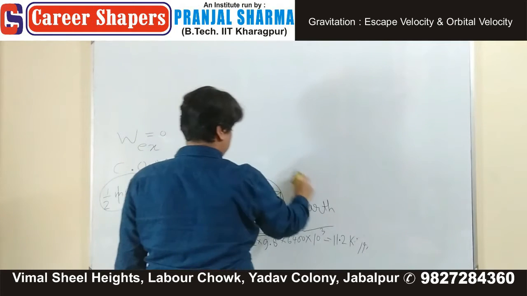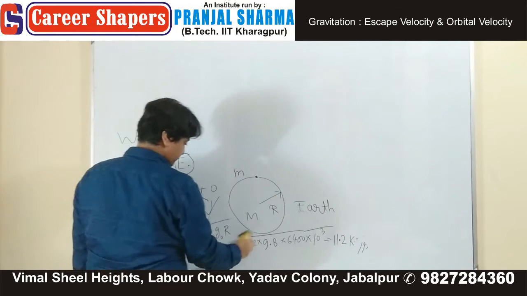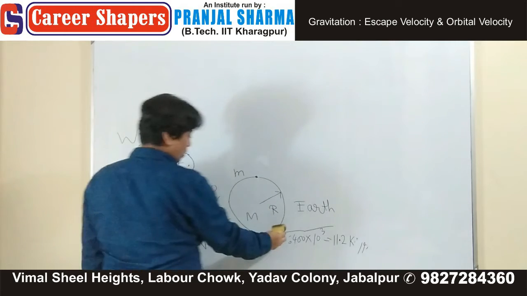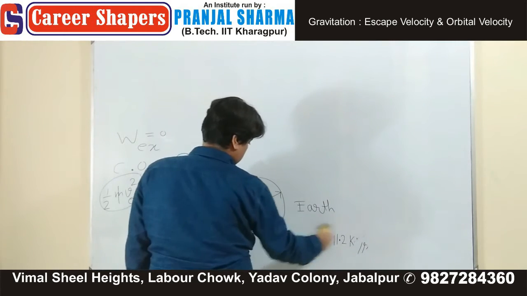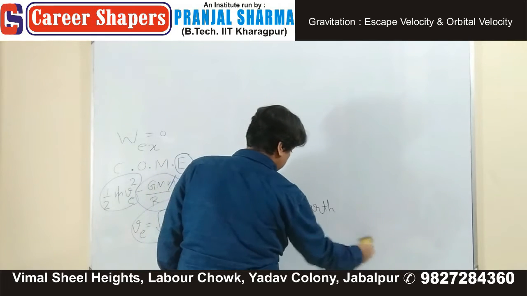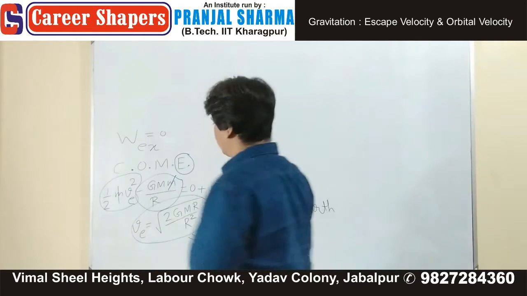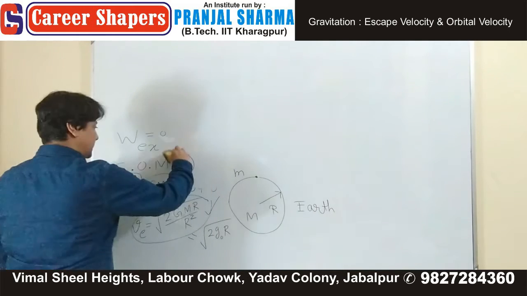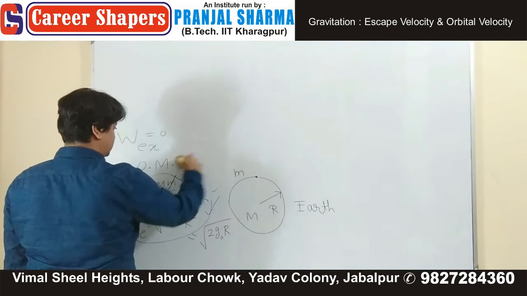This time the object is not reaching infinity. Let's say it goes up and comes to instantaneous rest. So the place where it comes to instantaneous rest, let's say its distance,